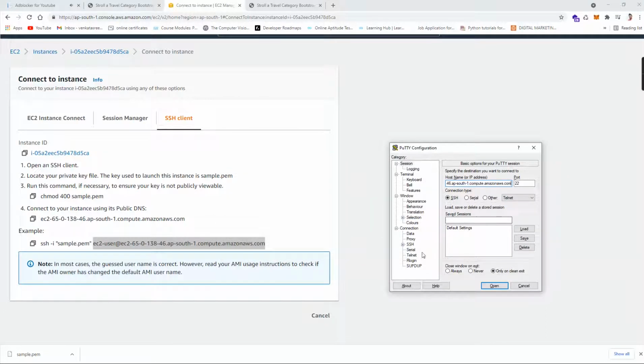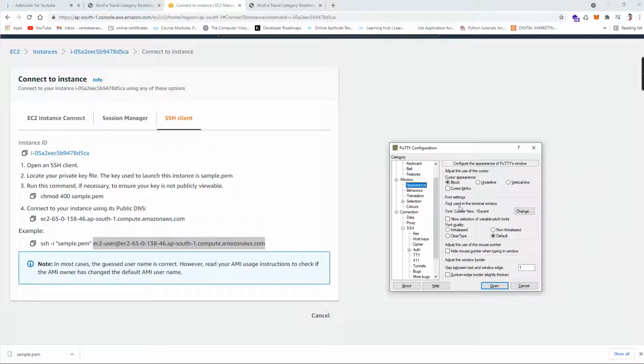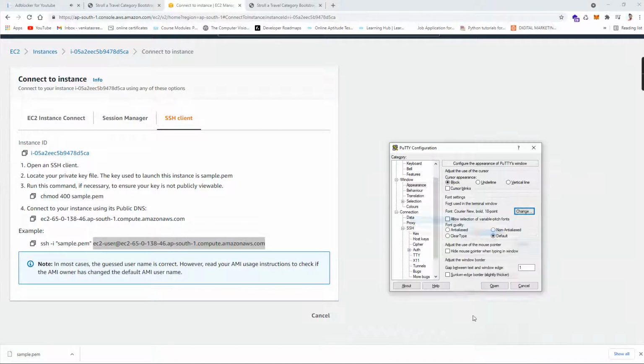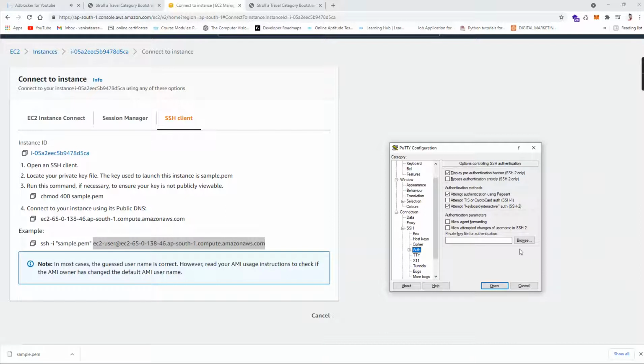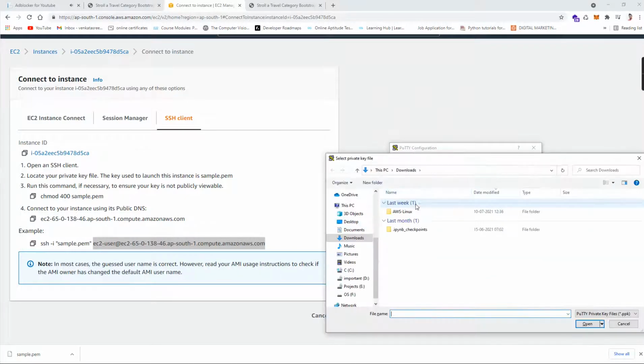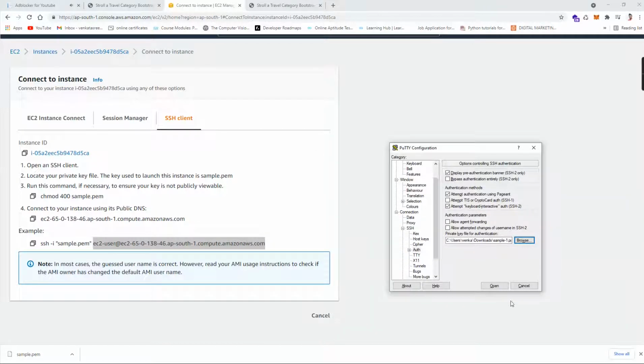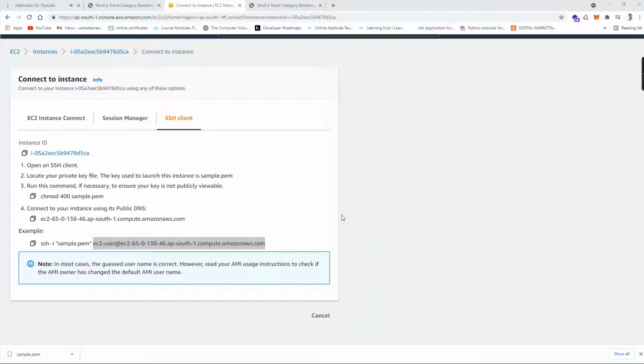It was saved. Now get back to the SSH folder under authentication. Let me increase the appearance and the font size to 18 so that it is clearly visible. Under authentication, browse to the ppk file we have saved, sample1.ppk, and open.